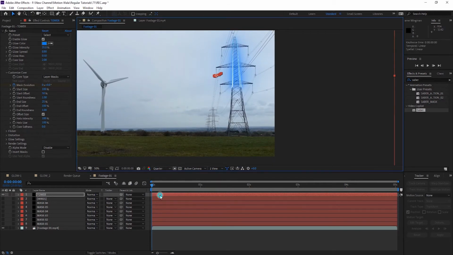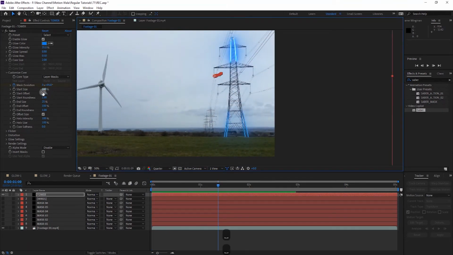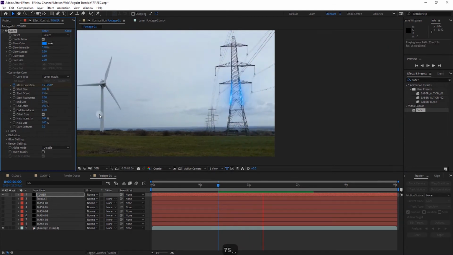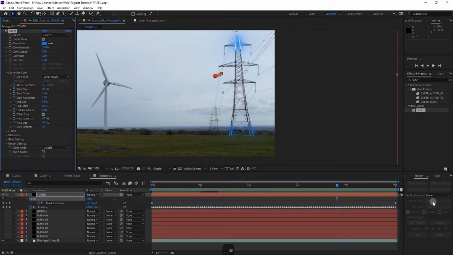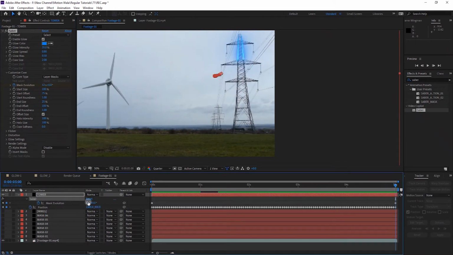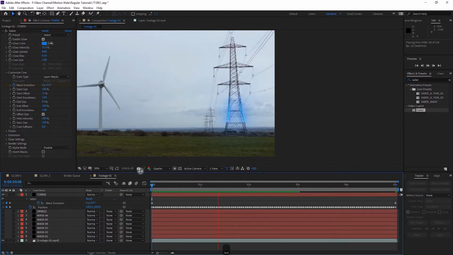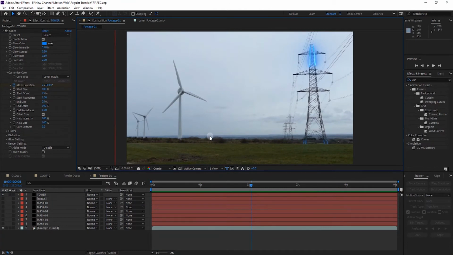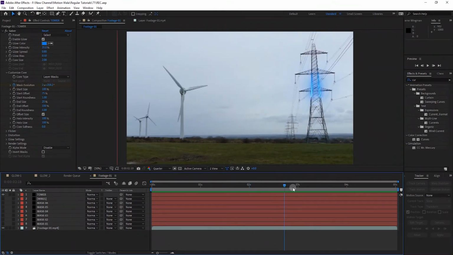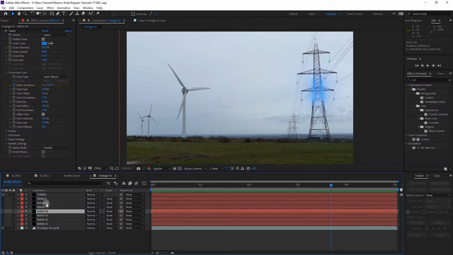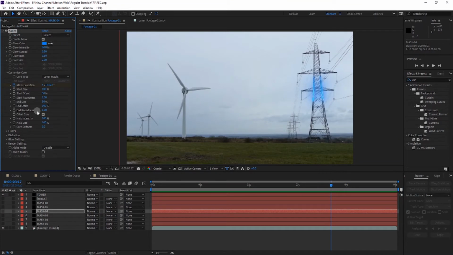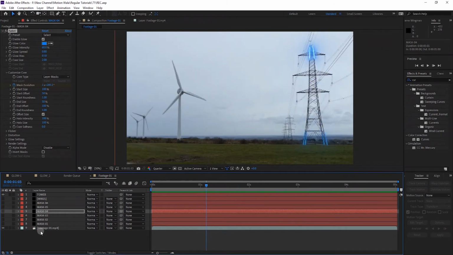And now if I play, you can see, and I will change the start offset to 75. You can see it's looking okay, and I will also change the evolution of the mask to 5, so it will go slow. And the process is the same for all the things. It's very simple, you just need to trace the mask and then add the saber layer, play with presets, play with these keyframes and customized core values, and you will get a very good result.